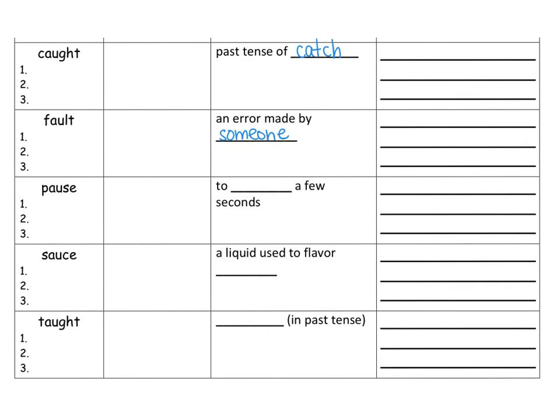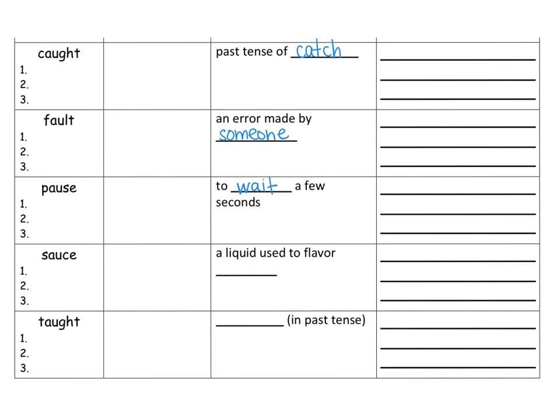The next word is pause. The AU says "ah." Pause. The definition for that is to stop for a few seconds. So if I say pause the video, you're going to wait for a few seconds, or you can wait as long as you want to. But usually it's just a little bit. So, of course, we can say, I had to pause the video so that I could eat dinner.